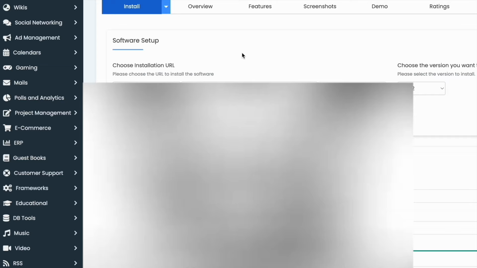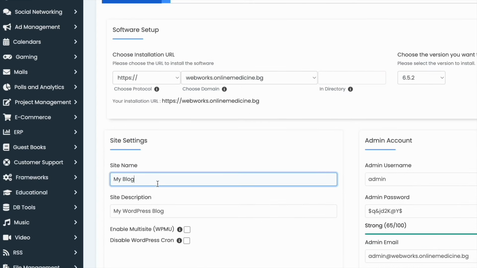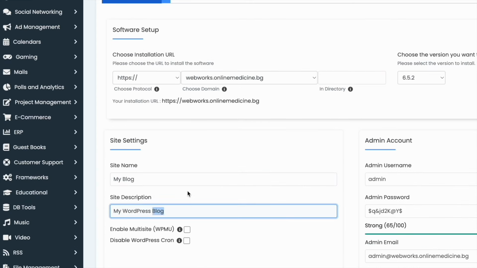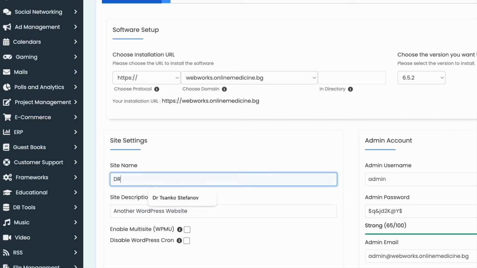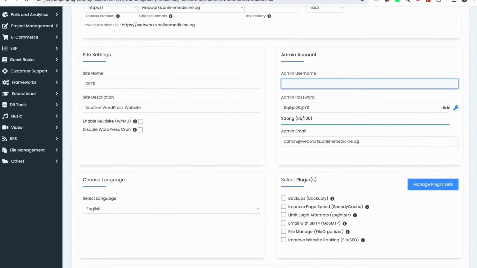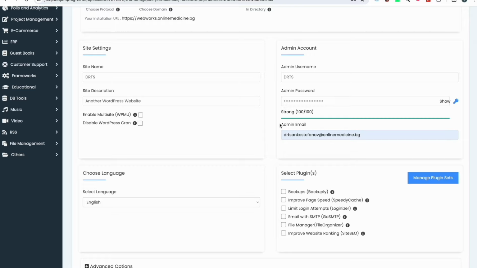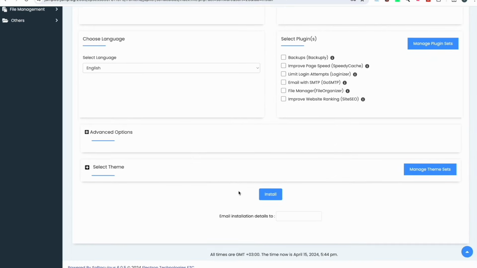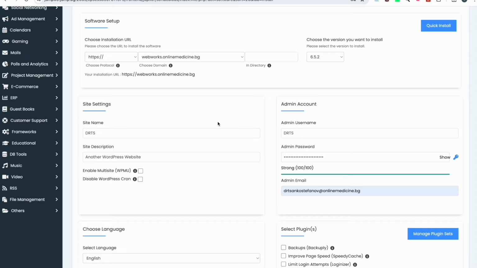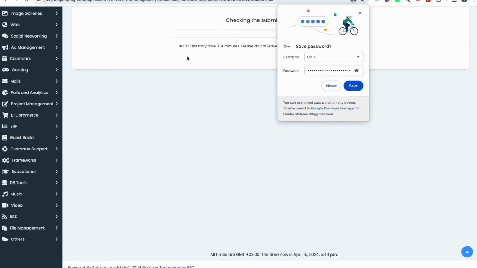So we're going to use webworks.onlinemedicine.bg. You will put my WordPress blog or another WordPress website, and we're going to put this as part of DRTS. I'm not going to click anything else. We're just going to install this brand new installation of WordPress so I can show you what's going on. So we click on install,